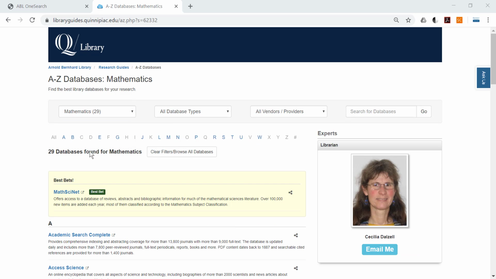When we get to the page of databases that have something to do with mathematics, you'll see that there's a box on the top called Best Bets. In this case, there's one database. It's called MathSciNet, which is a specialized database for mathematics and statistics. You might see one database here, you might see several depending on the subject and how focused the databases are. Following the Best